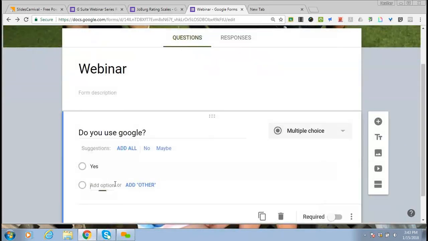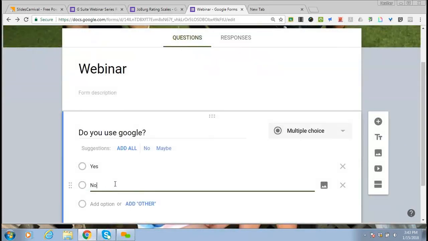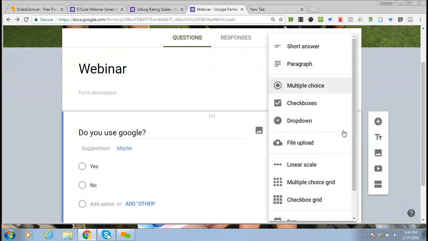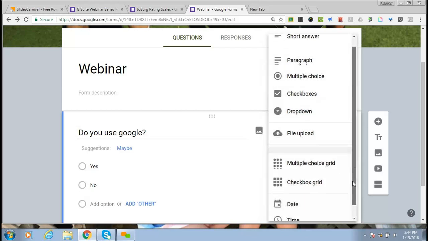And I'm going to say no. And you can add this, as you can see, is a multiple choice question, but you have the ability to change it. So you can do short answer, paragraph, multiple choice, check boxes. You can do a drop down, a rating scale. So there's a lot of different choices there, date,